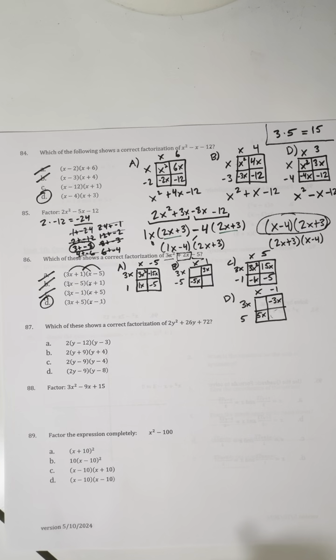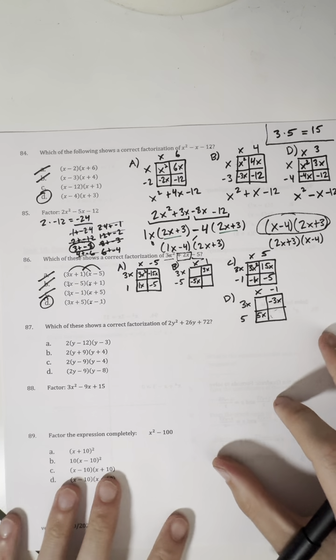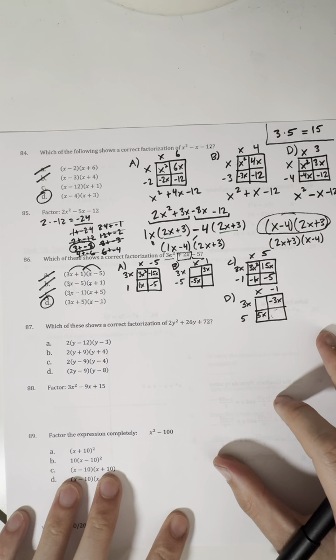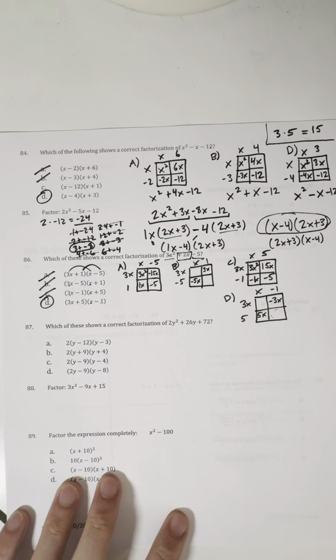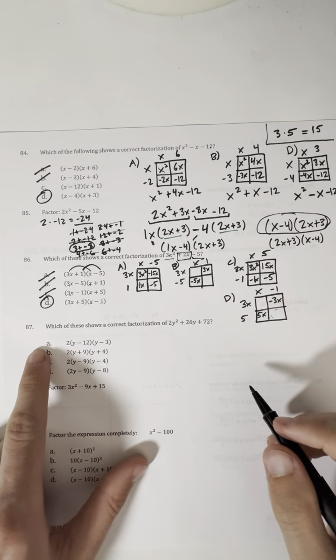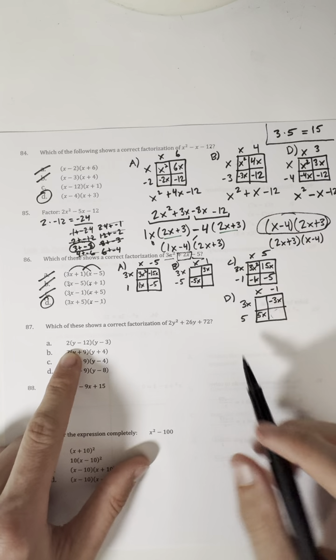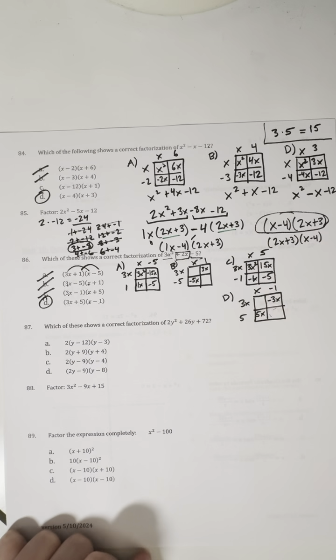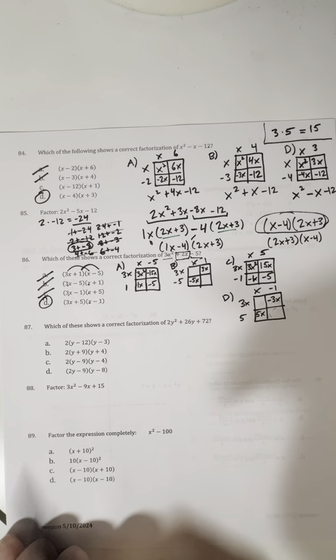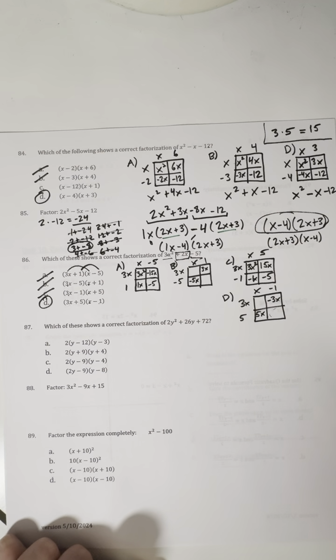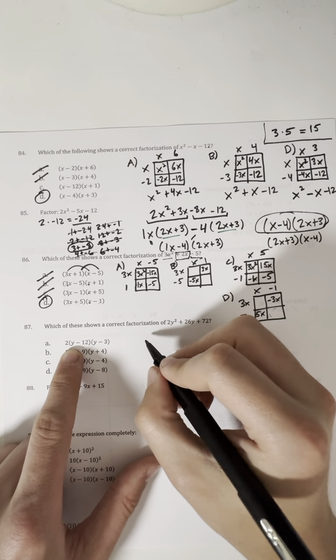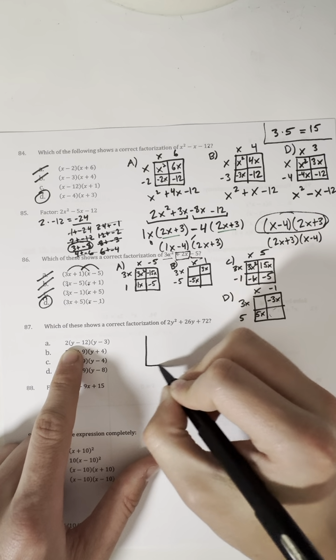These problems take a while, don't they? I mean, I really don't know what to tell you. They're a little bit long. But let's see if we can find more shortcuts here. 87A. Again, I'm trying to make this. Well, most of them have a 2 out front. Let's see, if I multiply this, A gives me